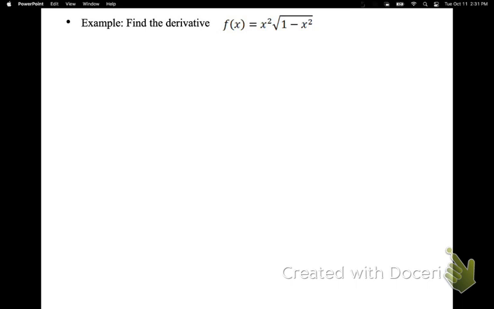Okay, now we've got a product, yes? So we're going to have to combine the product and the chain together. So I have f of x equals x squared. Now, if it's me, I'm not writing the square root of 1 minus x squared on my paper, even in notes. What are you writing? 1 minus x squared to the